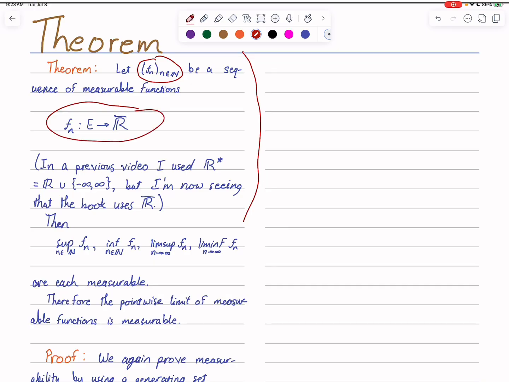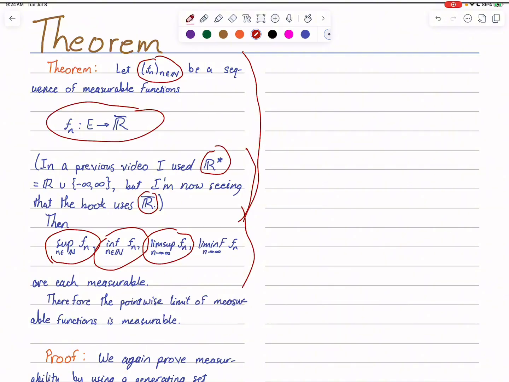I believe in previous videos I wrote the extended real numbers with the notation that is familiar to me, R star, but it looks as though the book just uses R bar for the extended real numbers, so I'm going to try to switch to match the notation of the textbook. The claim then is that these functions are all measurable, and of course they are also defined pointwise like in the previous